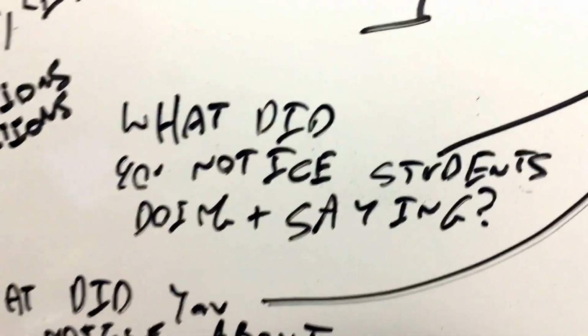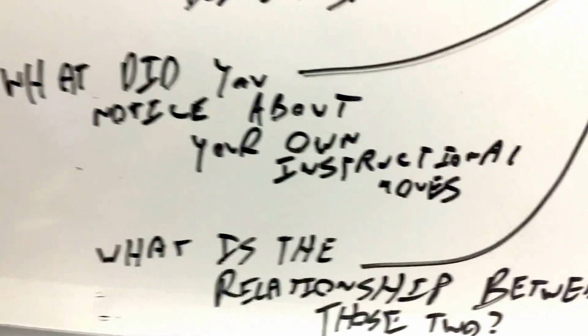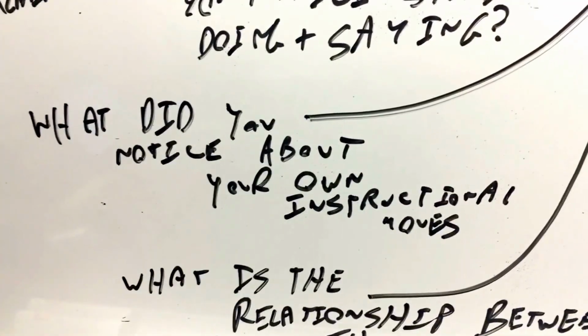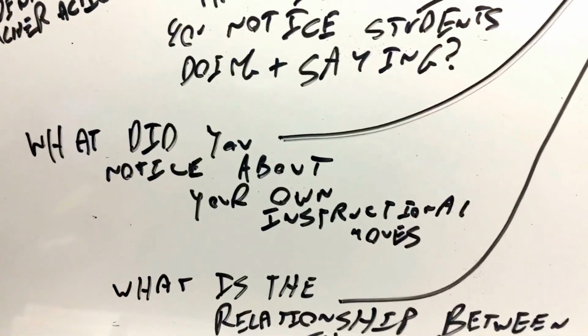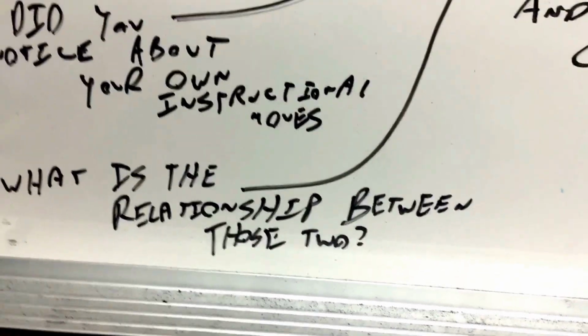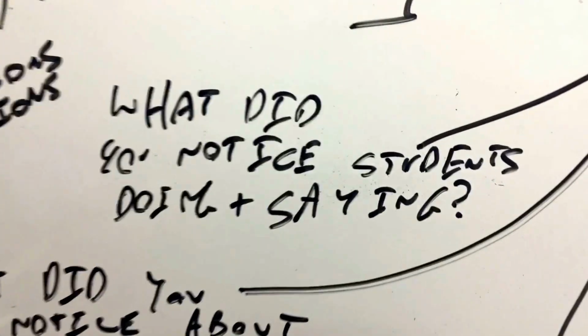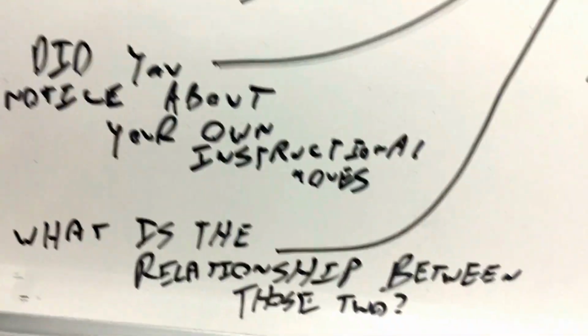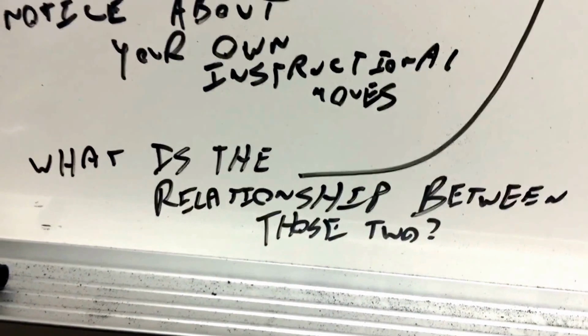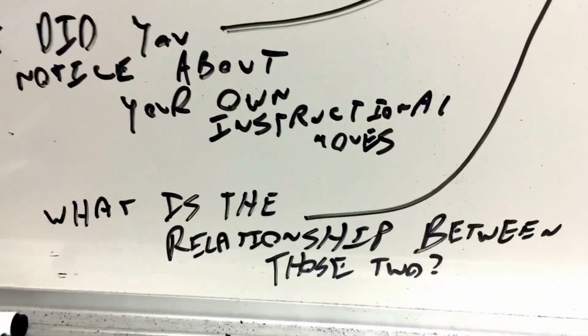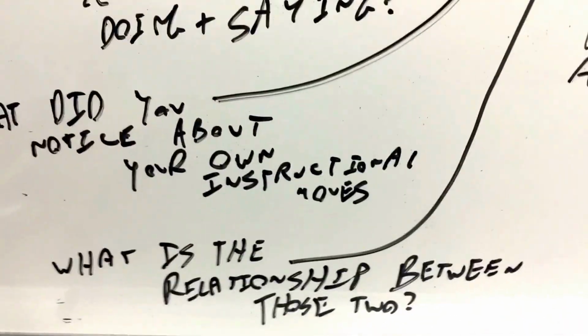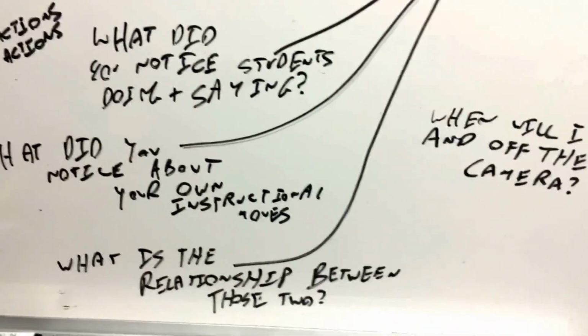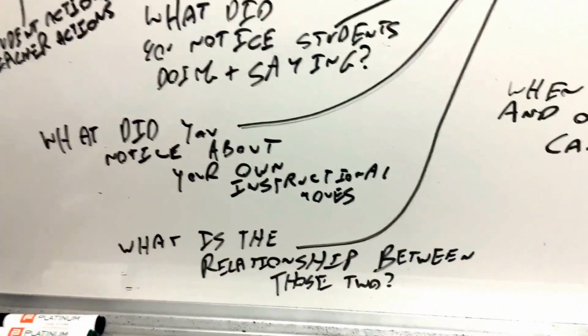What did you notice students doing or saying? And then you might ask, what did you notice about your own instructional moves? And what is the relationship between those two things? Between what students are doing and saying, your own instructional moves, and then the relationship between those two. Based upon what you did, what did the students do, right? Thinking about that relationship. So those are the 3 questions that you can ask yourself as a teacher, or that